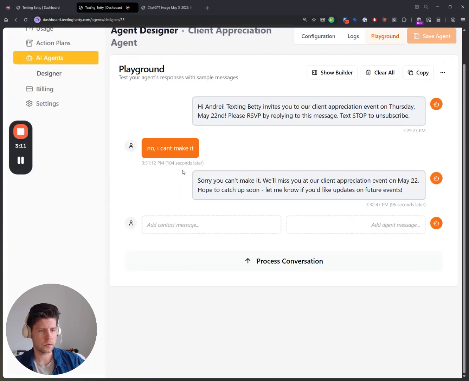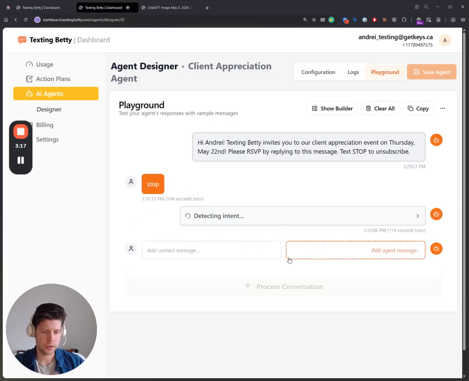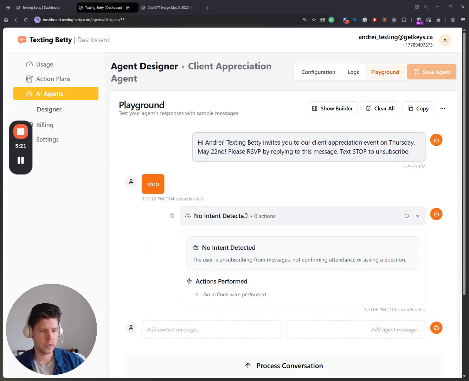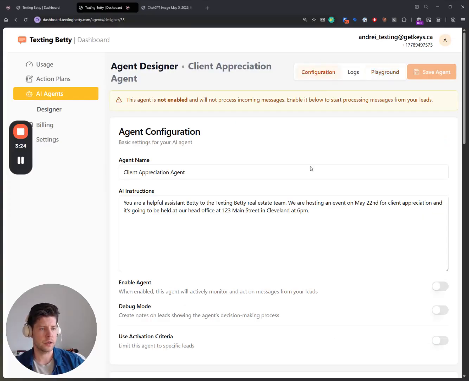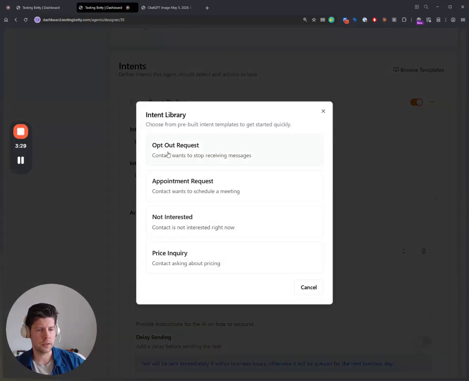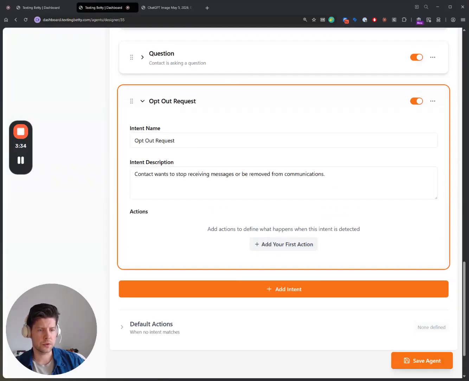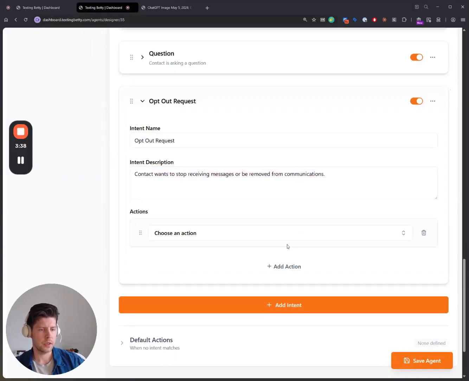One last thing that I wanted to test, what if they say stop, right? I don't want to be looking at these conversations, and right now I don't have an intent defined for that. What I'm going to do is go to intents and then browse temp. I'm going to add this opt-out request. So it's going to give me this option, opt-out request, contact wants to stop receiving messages, and I'm going to